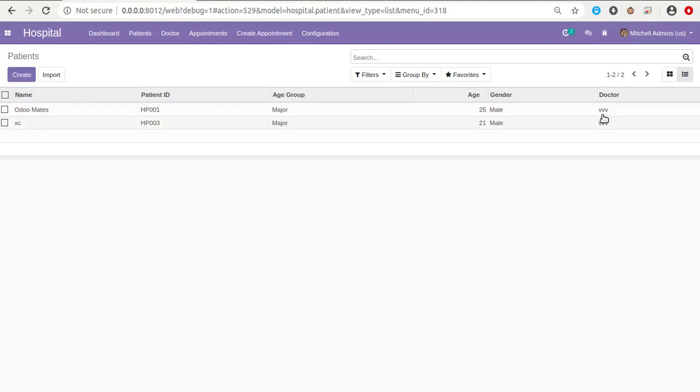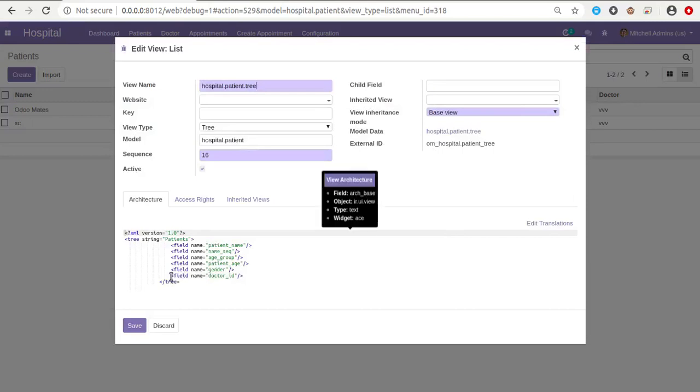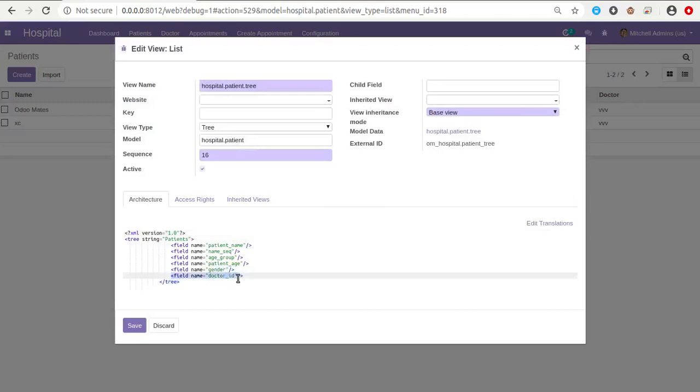To open the corresponding record from here, we have to add a widget to the corresponding field. Right now I'm not going into the code or into PyCharm to develop this. I'll just show you how we can achieve it from the front end itself by editing the list view. The same thing you can do from the code also. I'll go to the edit view list, and you can see this is the corresponding field. Along with the field we have to add a widget. If you are developing from the code, you can just add this widget along with the field definition. So I'll add widget equal to many to one button.